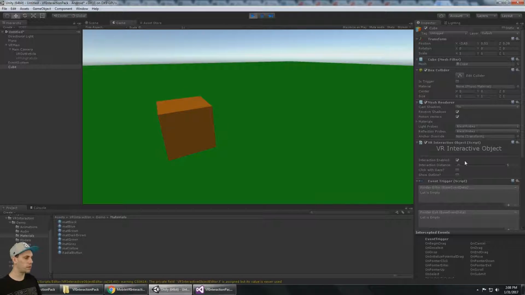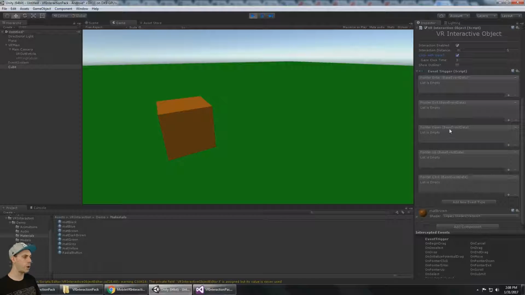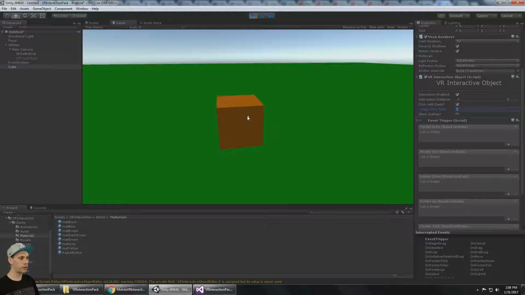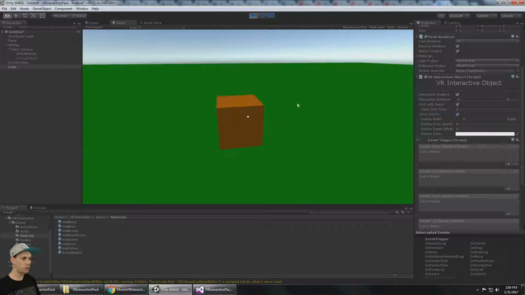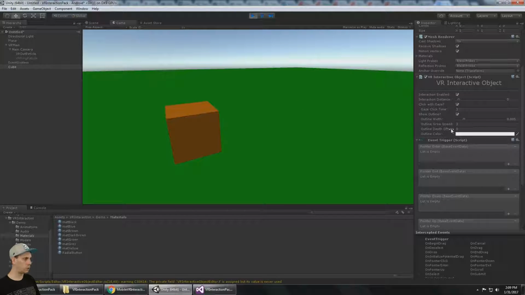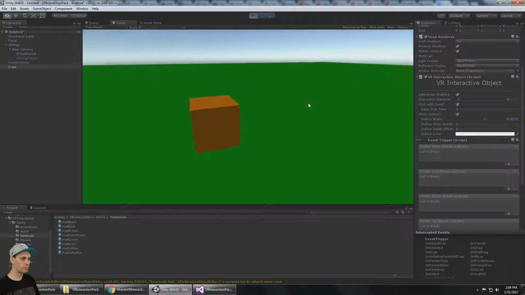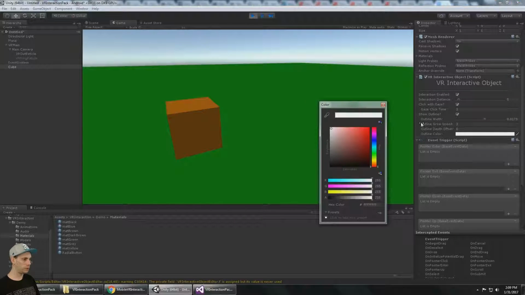And there's a click with gaze, and that actually performs a click, and that is the pointer down, pointer up, or pointer click event in the event system when you look at the object for 3 seconds. So it'll actually click on this after 3 seconds if this option is enabled, and then the other option is to show an outline. So now that I've clicked show an outline, you'll see that the outline appears, and there's options for the outline width and the outline color